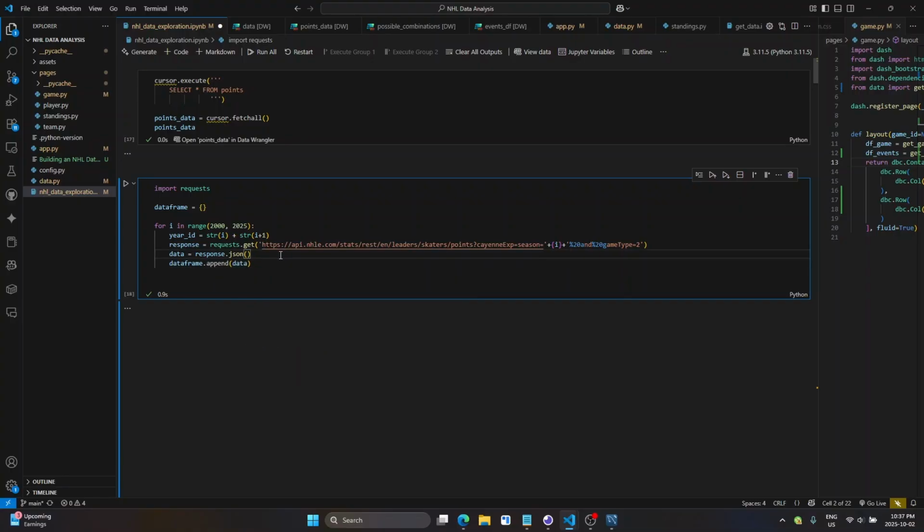Now we're going to go through every year, create our year ID, get the response from the API, and then add that to our data frame. So if we run this,